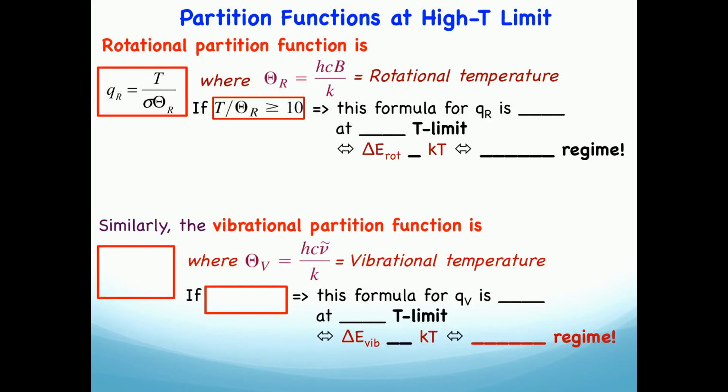Here is the high temperature limit. What is here? Valuable or true, right? Or works, applicable, right? So I have probably valuable or valid. So this formula is valid at the high temperature limit. And again, high means the temperature should be at least ten times or more larger compared to the rotational temperature. Which means that